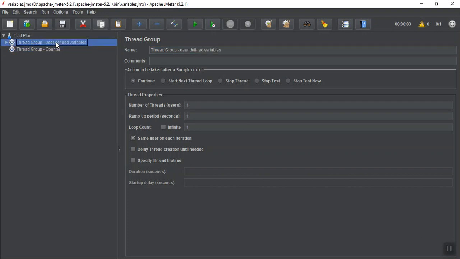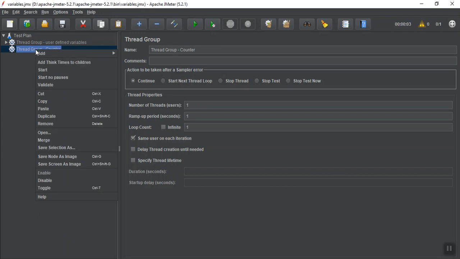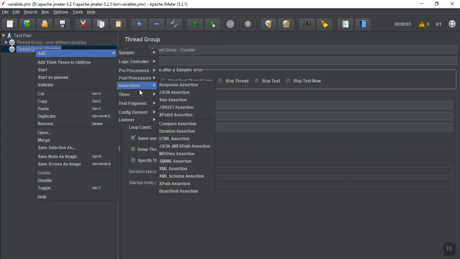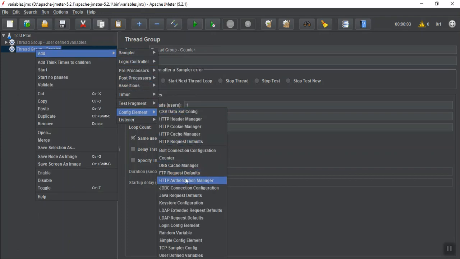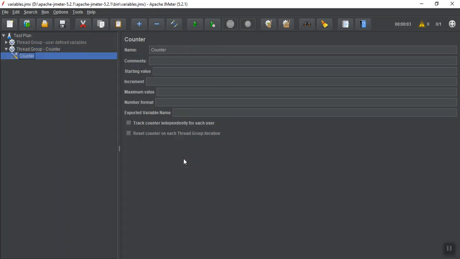I will disable it. Remember how I used to disable it? Control T. Now let me add a config element, counter. I have added a new counter here.